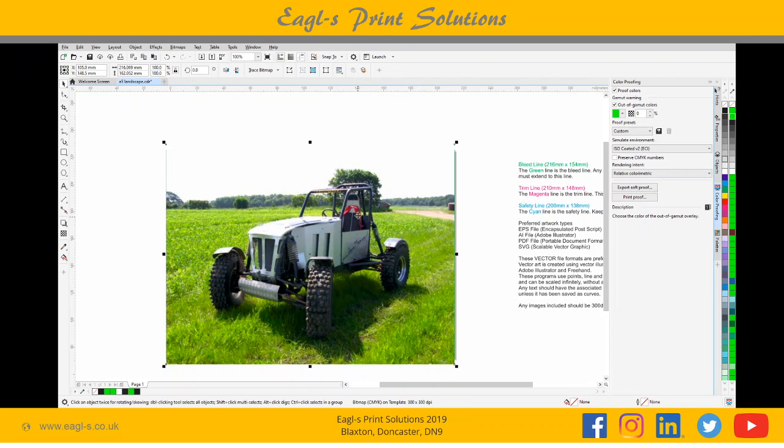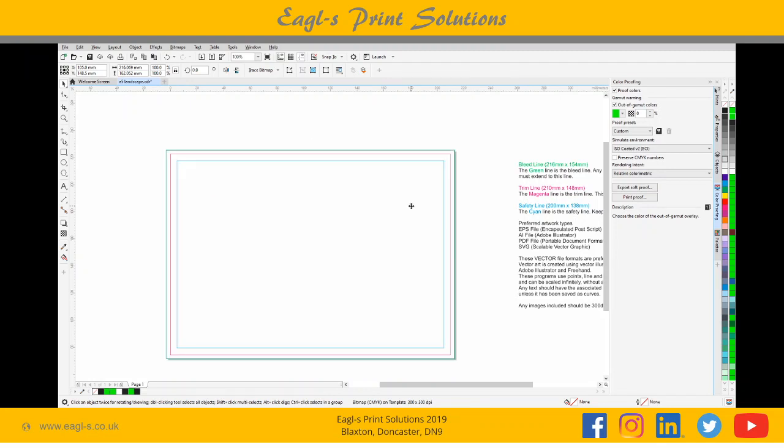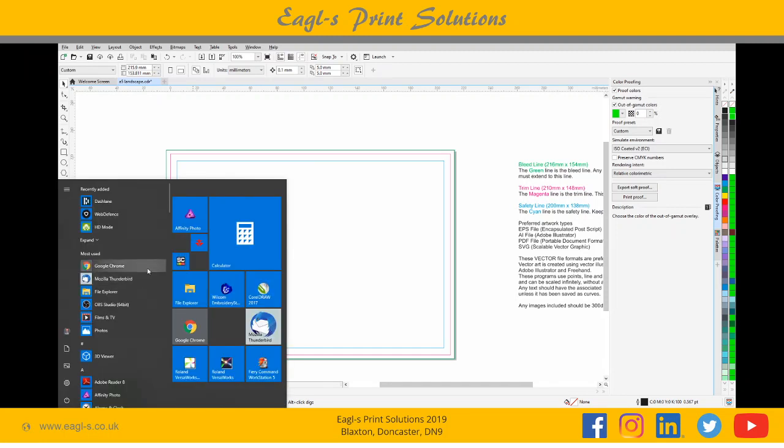Now that's because it's come through from Facebook, and I think what Facebook does is compress their images to save on file space or whatever it might be. So if I take that image out and look for another image that we might be able to use,